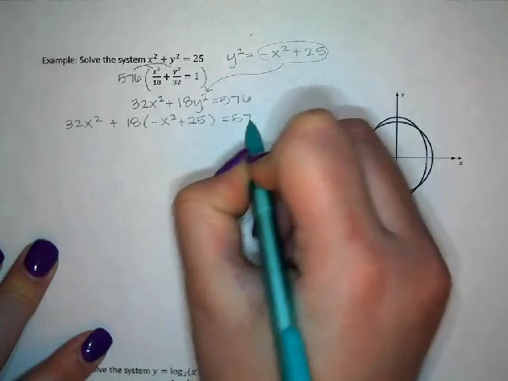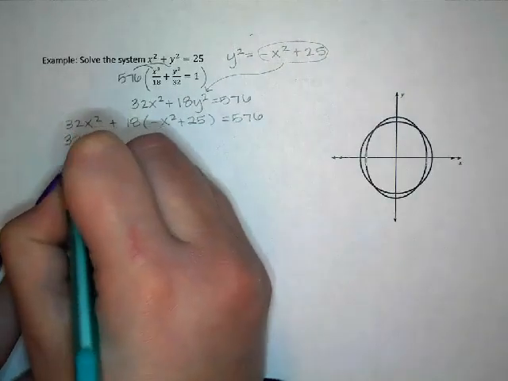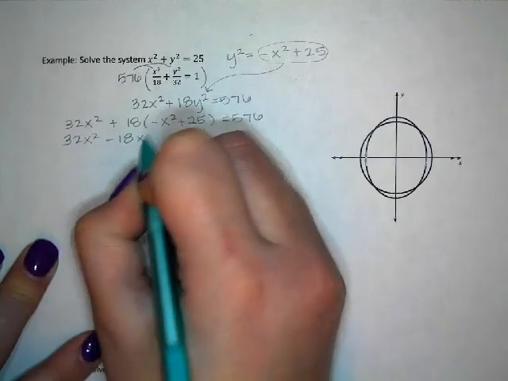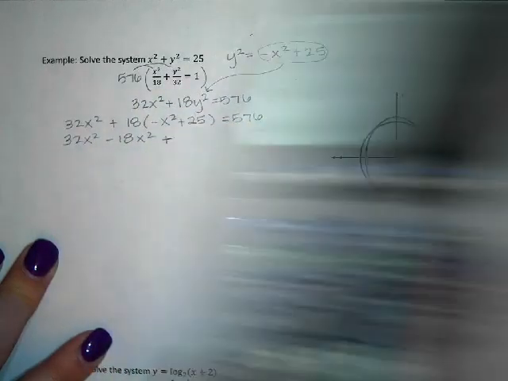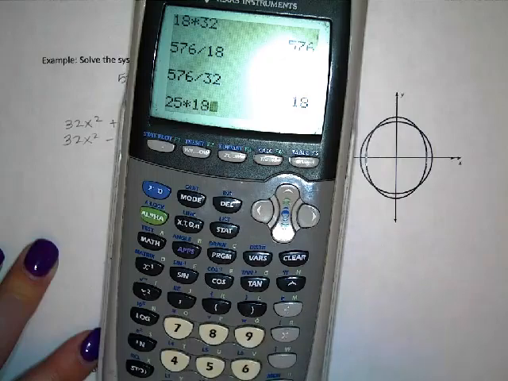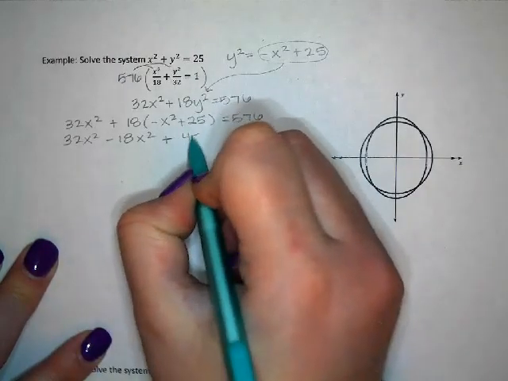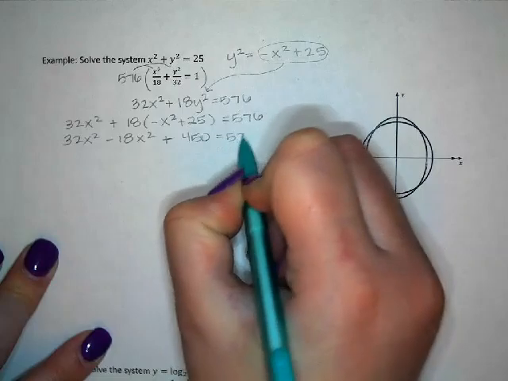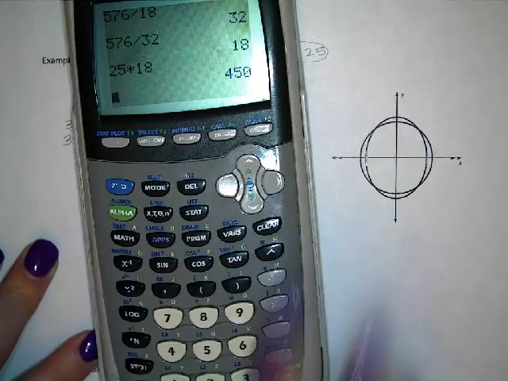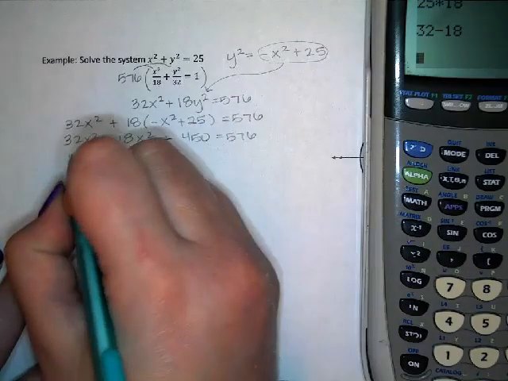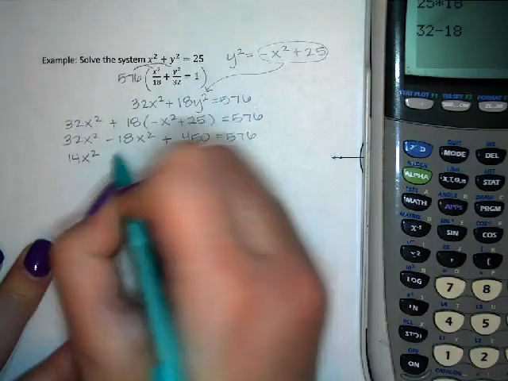So I have 32x squared minus 18x squared plus 25 times 18, 450. And 32 minus 18 is 14, so I have 14x squared